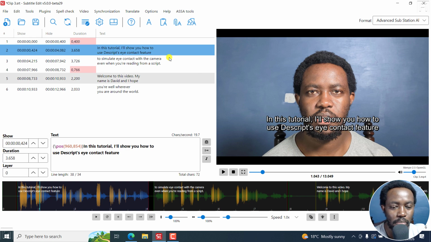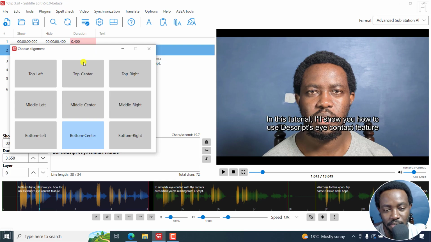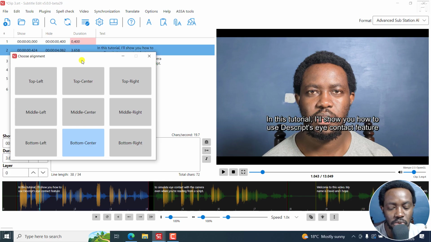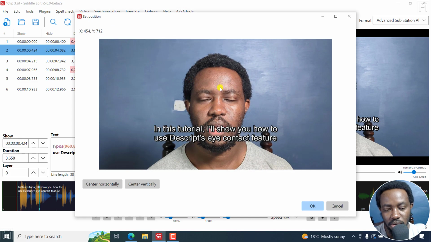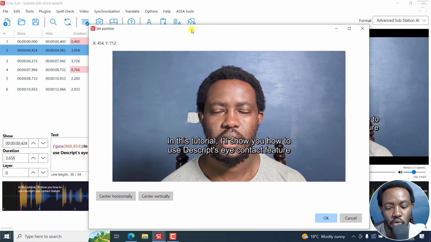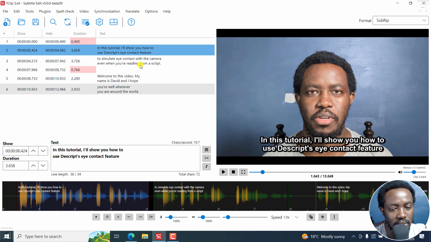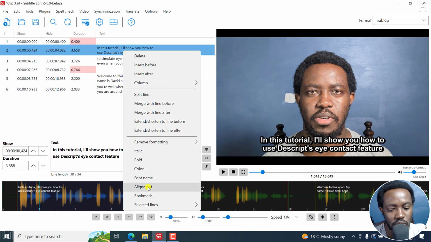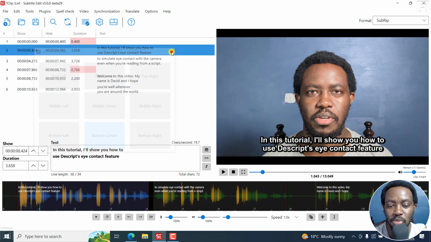Now, my point with the alignment feature, which is still available in ASSA tools, is whether it's possible to have this choosing alignment and the freestyle setting position right here for other subtitle formats, even if it's just the SubRip format. We can set position, get the alignment feature, that's okay, but also get the positioning feature window to position, because sometimes what we just want to do is